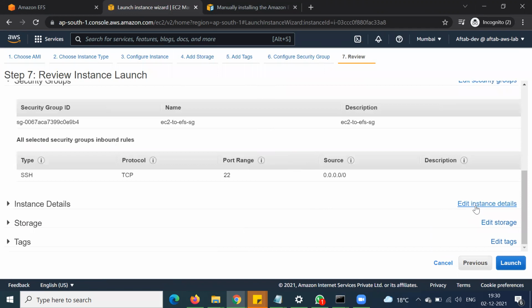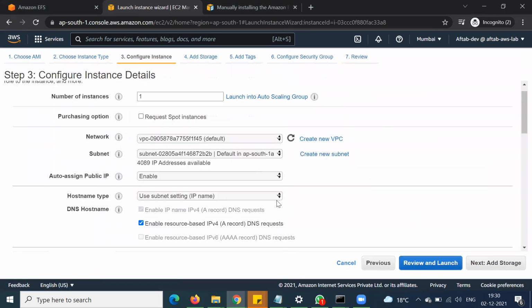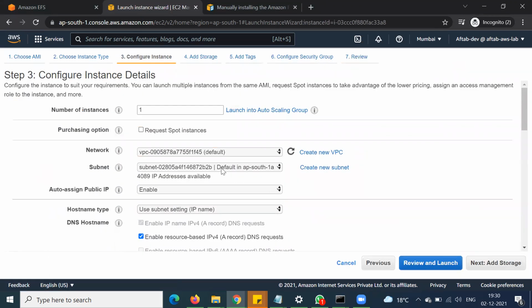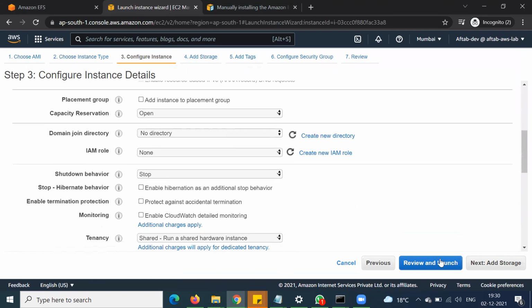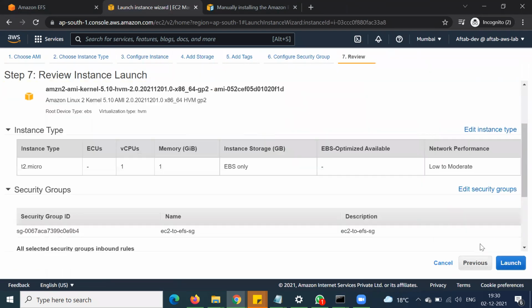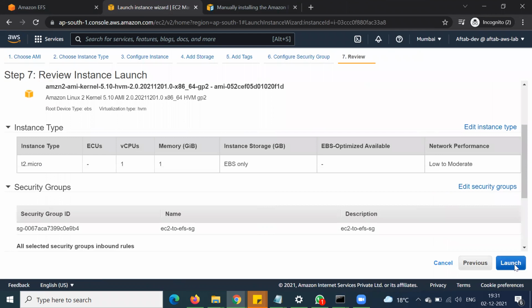So go to this edit instance detail, and this is already available in Asia Pacific South 1A. So please create it in 1B, right? Review and launch.